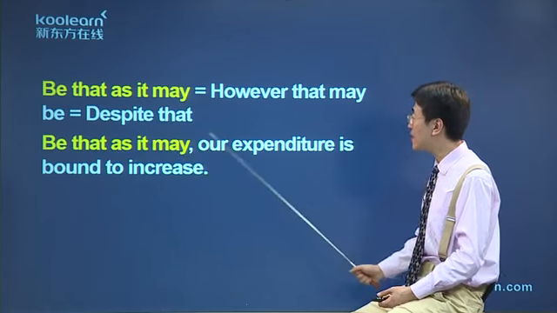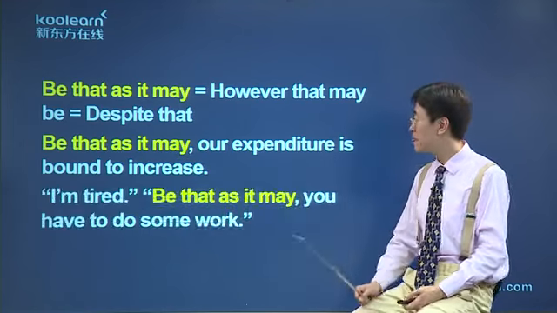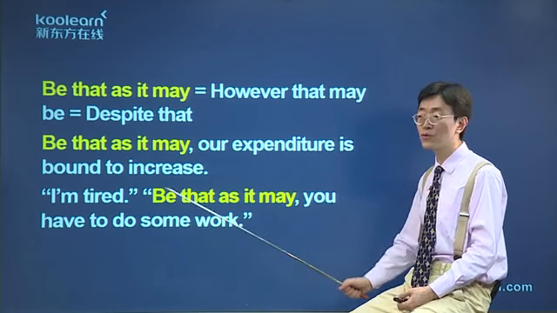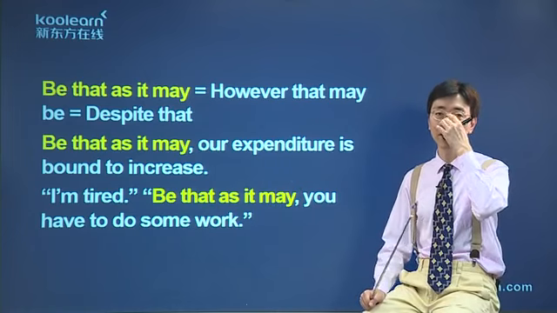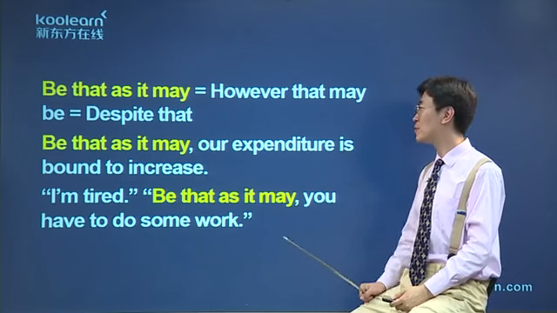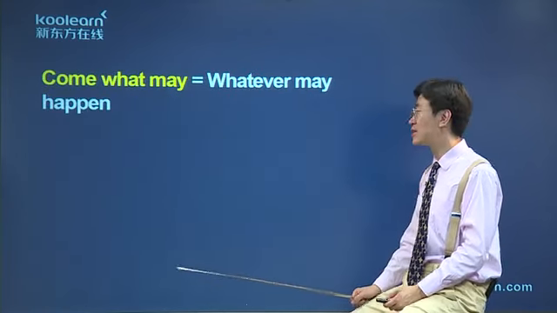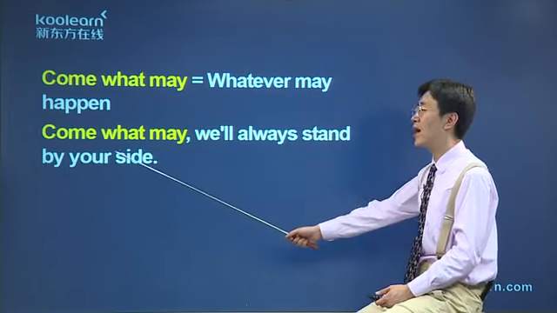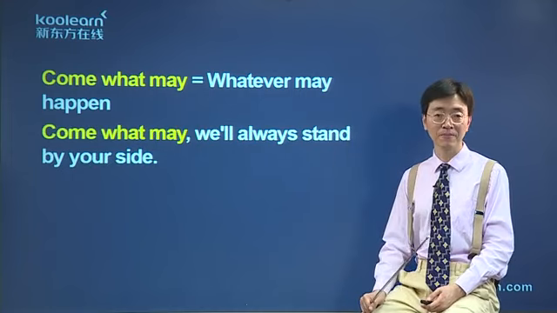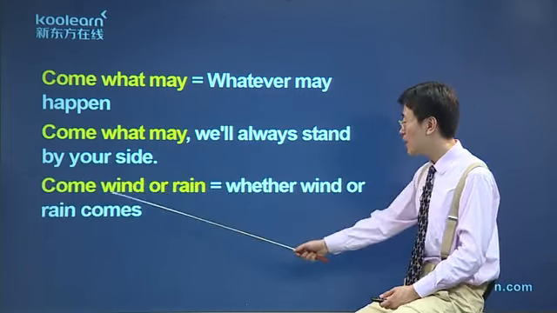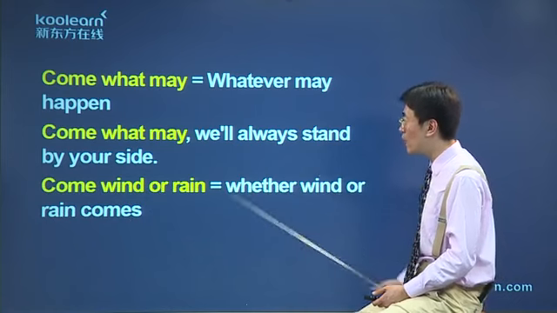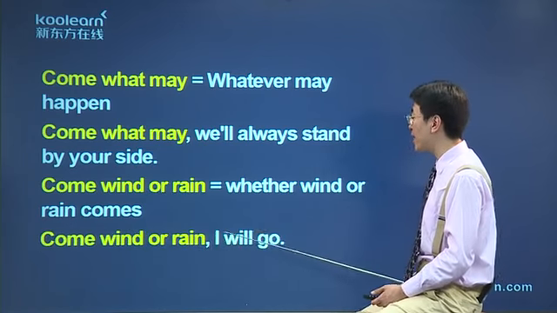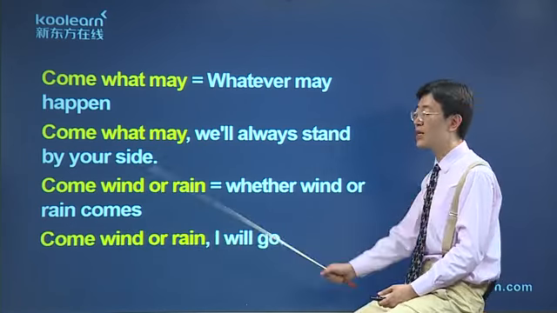bound to increase. 尽管这样，我们的开销注定还会增加。再如，I'm tired，第一个人说，我累了。第二个人说，Be that as it may, you have to do some work. 尽管是这样，但是你还得做些工作，歇着不行。这种固定结构直接背下来就行了。跟它类似的还有一个，也是让步，Come what may，无论发生任何事，相当于 whatever may happen，直接当固定搭配背下来。Come what may, we'll always stand by your side. 无论发生任何事，我们都站在你这边支持你。类似的还有 come wind or rain，无论刮风还是下雨，相当于 whether wind or rain comes，做固定搭配背下来。比如 come wind or rain, I will go，无论刮风下雨，我一定得去。记住本文中 be